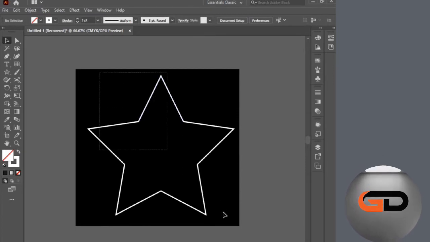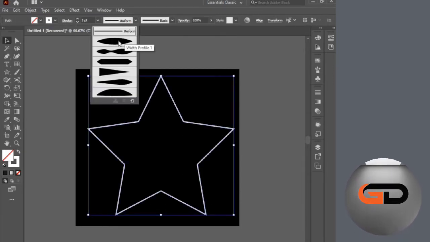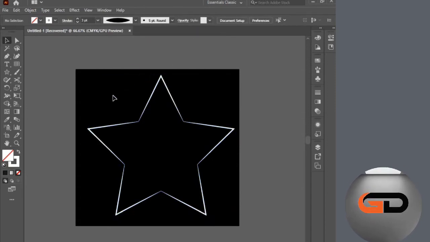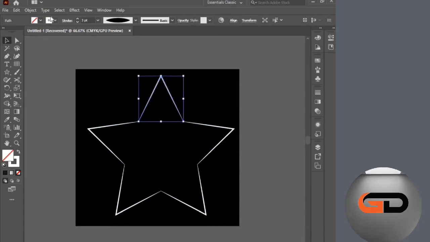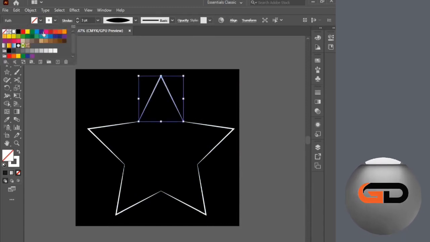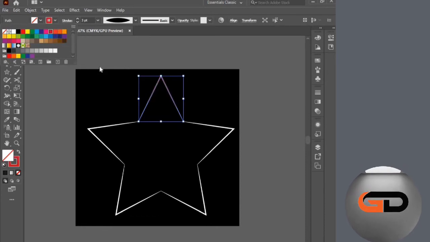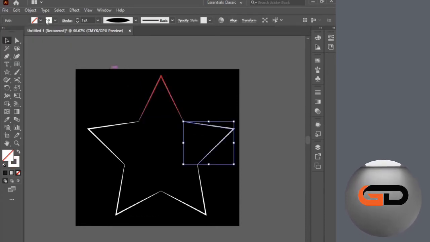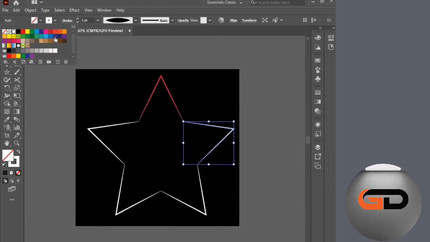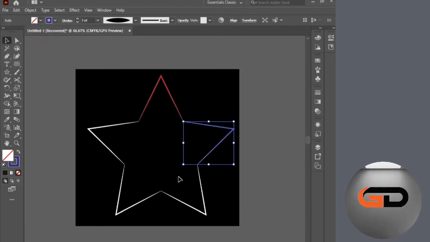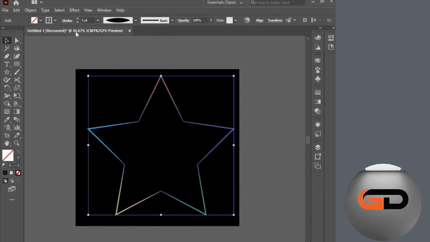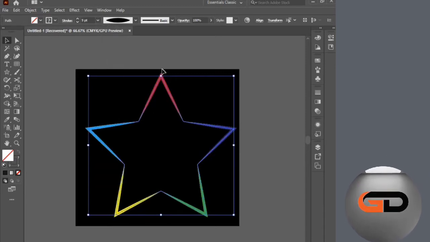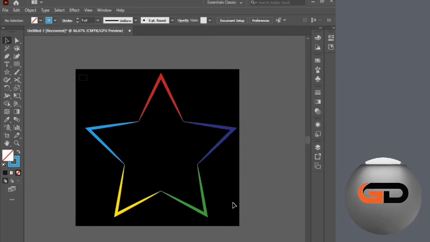and select all the corners of the star and select this option, and you can select this second option in this panel. Now select this corner of the star and fill the stroke in all the corners of the star. Like this. Now select all the corners of the star and select the stroke in 9%